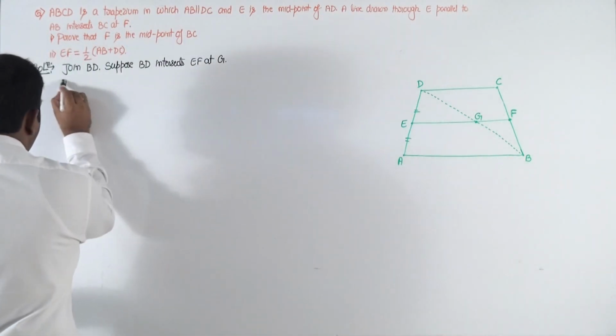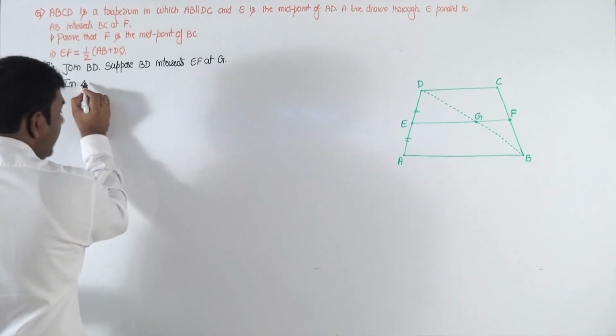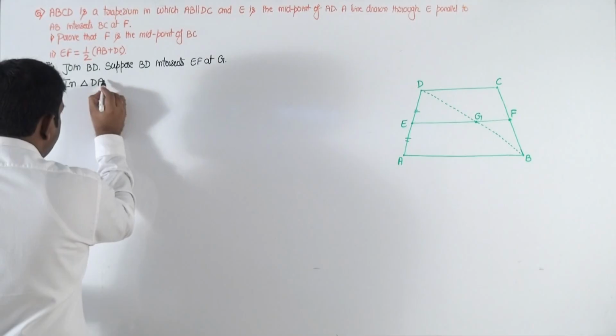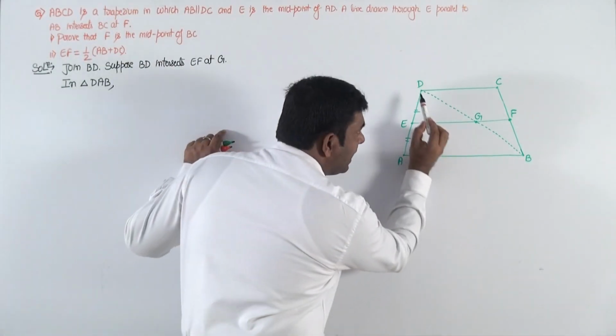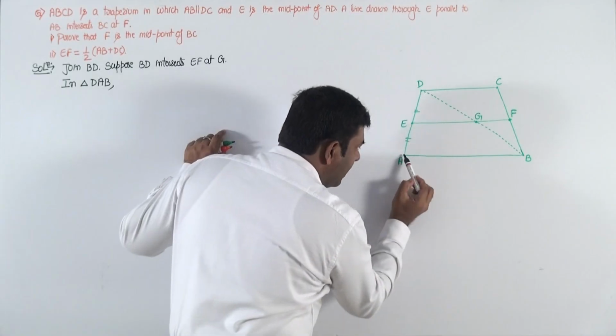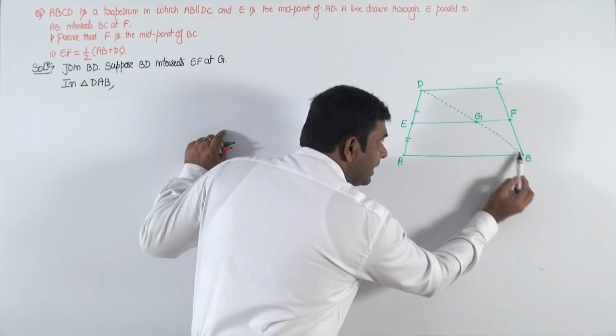Now in triangle DAB, इस ट्राइंगल को आप देखो, सिर्फ इसी ट्राइंगल को देखना है. DAB, in this triangle DAB,